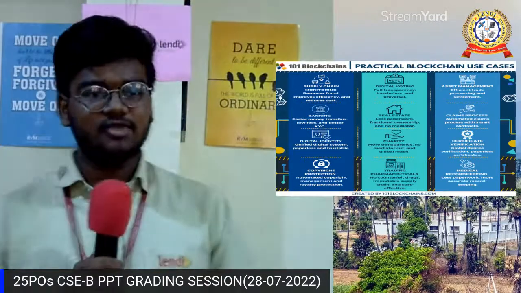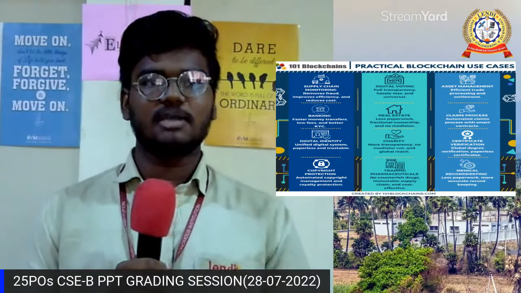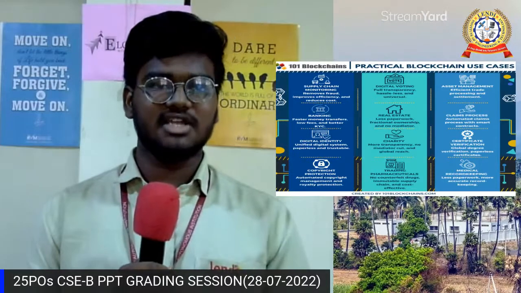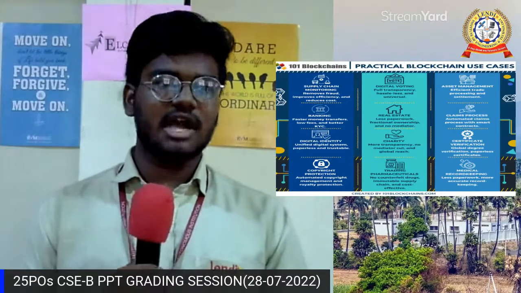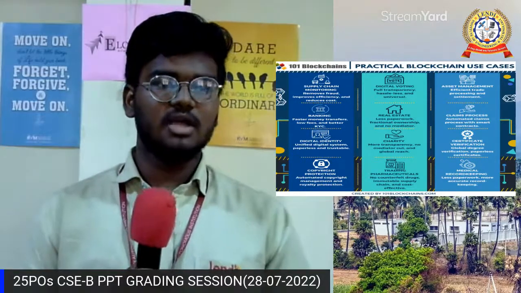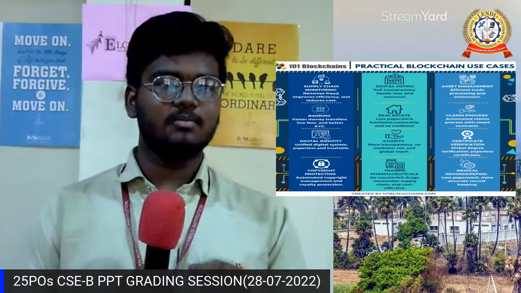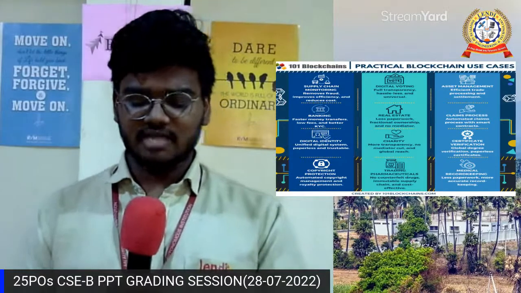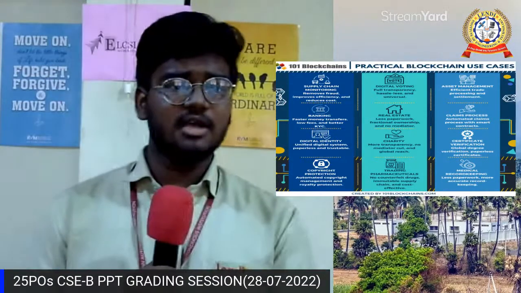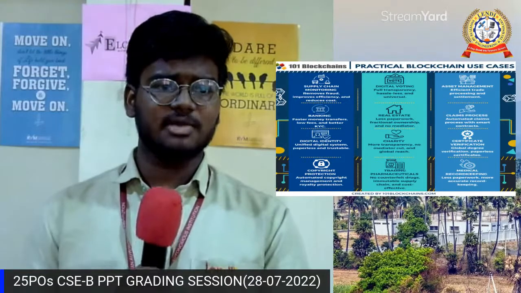There are so many practical uses of blockchain. It can be used in supply chain, in industry, in banking sectors, and digitally. Digital means your Aadhaar card, PAN card, and licenses also. Then copyright protection. If you have a book or something printed, it can be digitally copyrighted, so that it cannot be taken by anyone and cannot be hacked by anyone. Once it is written, it is written. It cannot be changed or used for any other purpose.